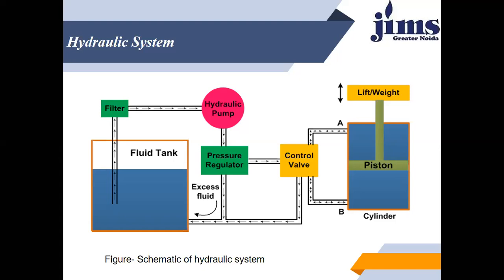After that we have the control valves. These valves control the flow rate and the pressures. Okay, so the control valves may be of three types. I already told you: pressure control valves, flow control valves, and direction control valves. These control their three respective works, right? After that I told you about the distribution system. The distribution system is nothing but the pipeline you have seen. This pipeline starts from the reservoir to the filter, then the hydraulic pump, the pressure regulator, and returns the excessive fluid back to the reservoir.